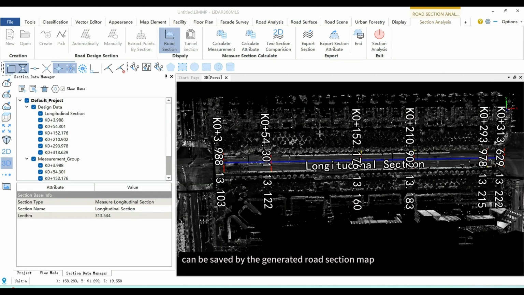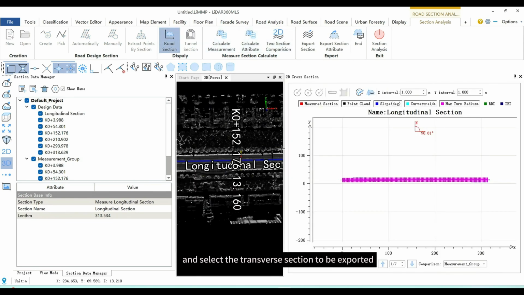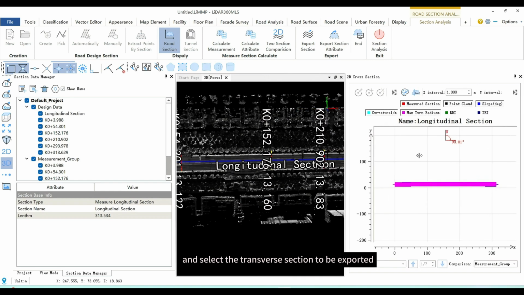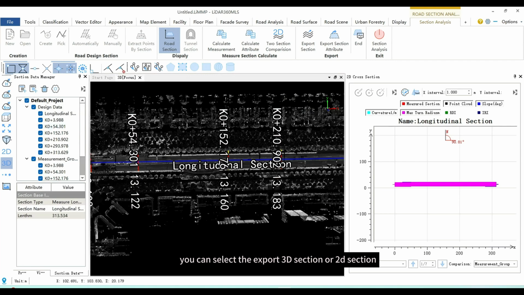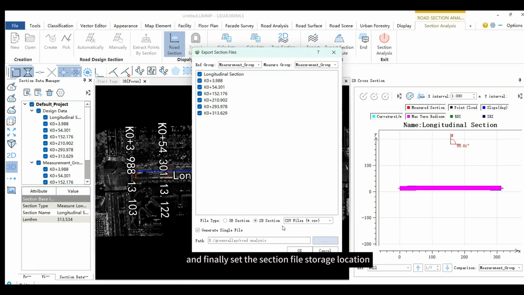The processed and calculated section can be saved by the generated road section map. Click Export Section, select the comparison group and measurement group data, and select the transverse section to be exported. In the file type, you can select the Export 3D section or 2D section, and finally set the section file